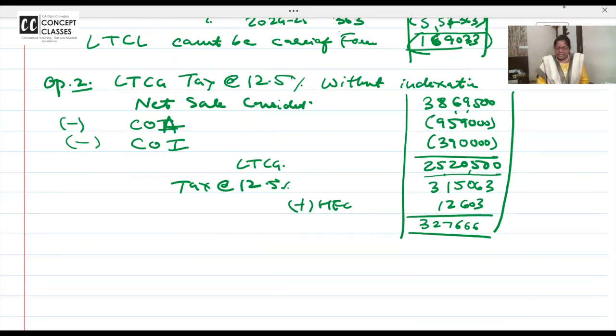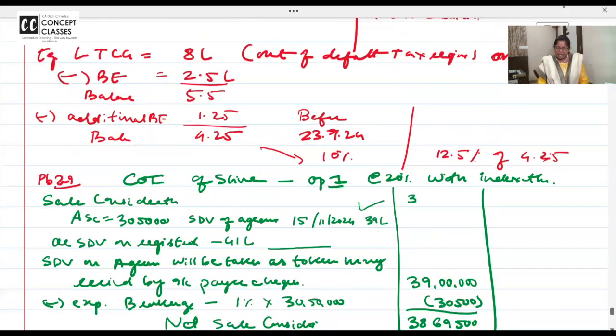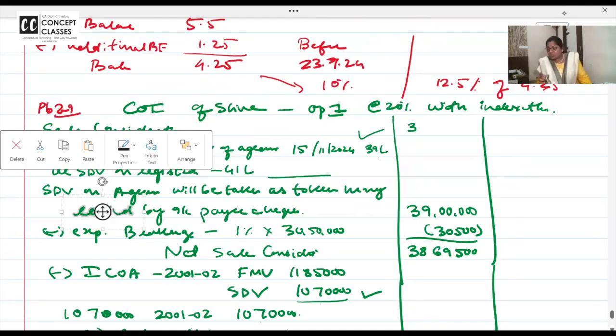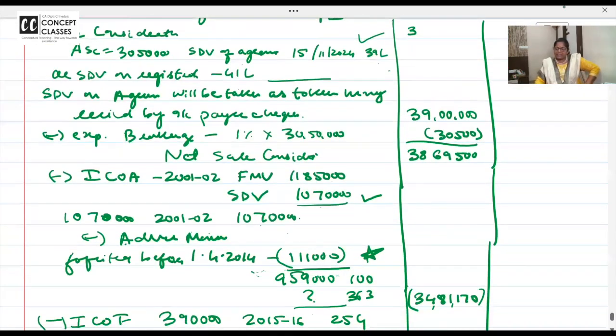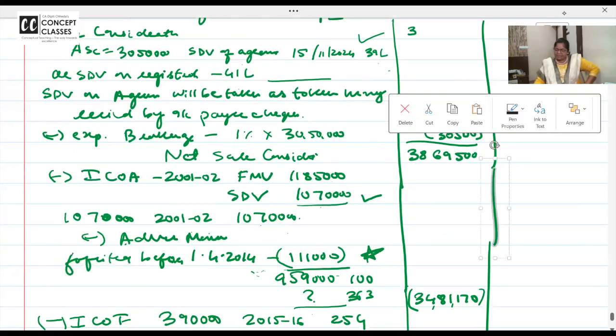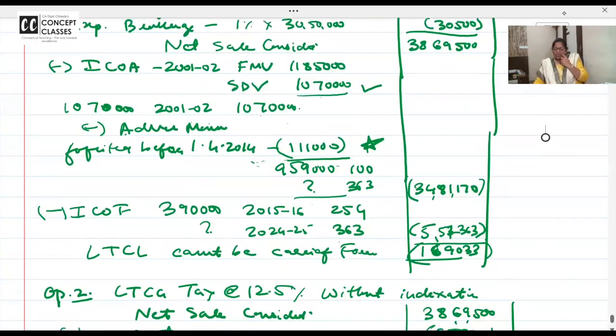This is there in the study material, and what best you are learning here is stamp duty value or sale consideration, whichever is higher. But two stamp duty values are there. I'm doing so much repetition for all of you. You can get this not only as question answer, but also as MCQ. Stamp duty value on the date of agreement or registration. So we'll take the stamp duty value on agreement because that day token amount was received by account payee cheque. If no amount is received on date of agreement, or if amount is received but it is in cash, then you will not take. So 39 lakhs, then brokerage, net sale consideration, and then from the cost you deduct the